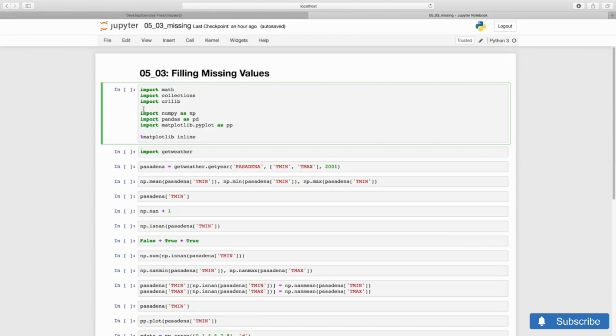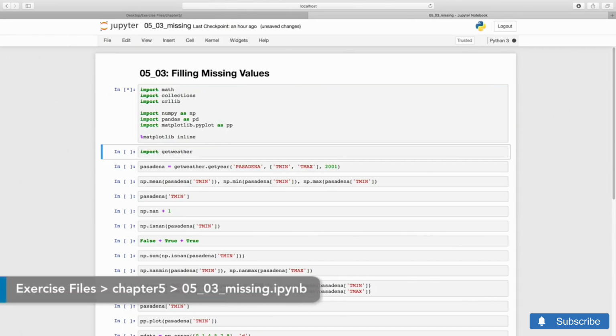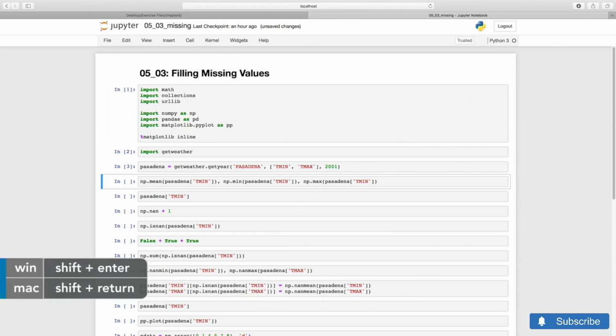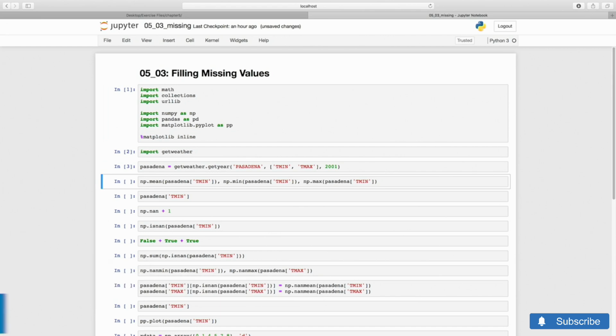We pick up where we left and load temperature data for Pasadena, California, using our getWeather module. This is a time series, a sequence of values organized chronologically, usually with equal cadence. That is, the same time interval between every 2 consecutive samples. To get a sense of the data, one often begins by computing its average value, and perhaps its extrema, the minimum and maximum. With NumPy, we can use mean, min, and max.